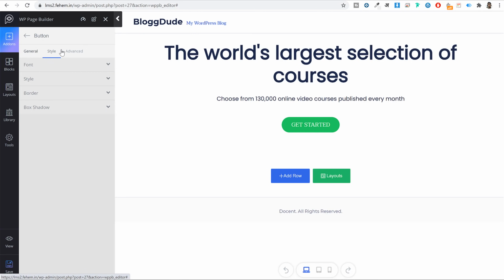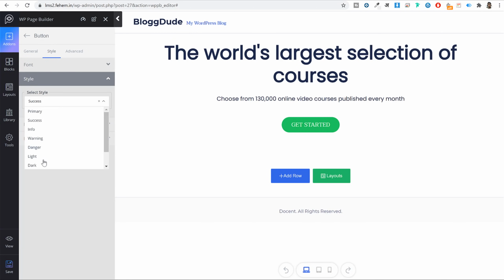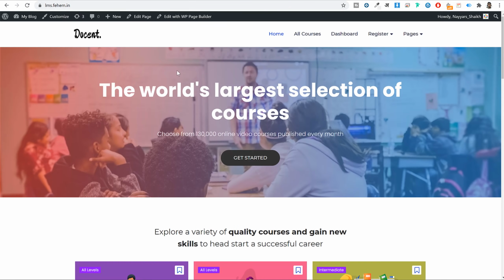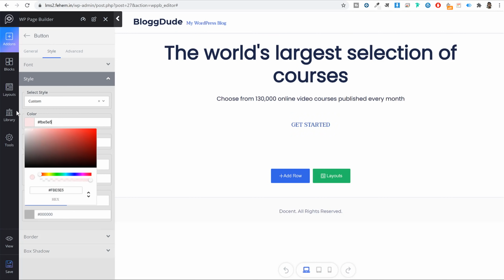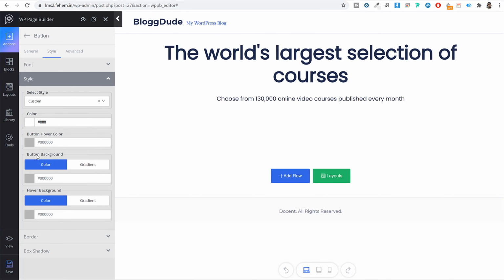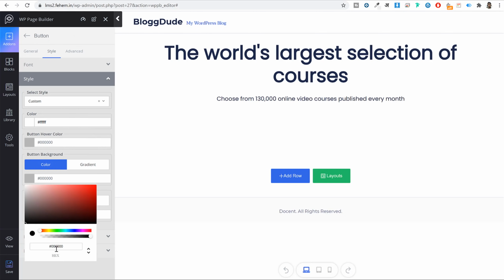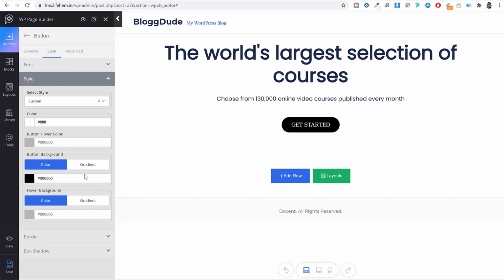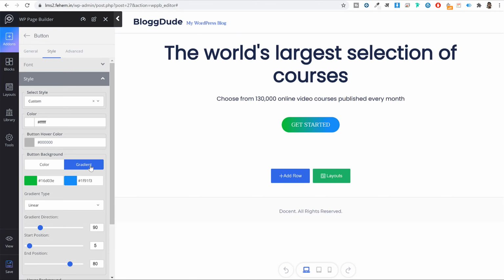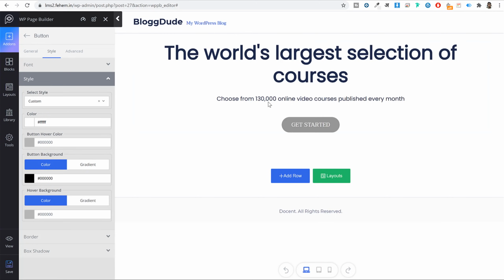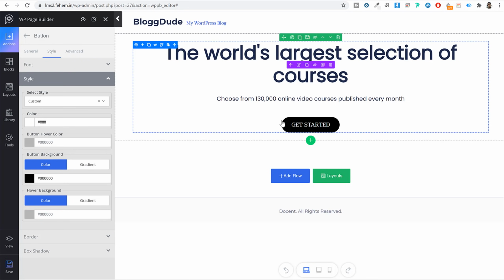Now let's change the style. So go to style. First, let's change the font. Now under style, I want to make it custom. For the color, you can see the color is white and the background color is this black color. So for color, select white, or if you want, you can just type in FFF, it will become white. Now for background color, as you can see, button background color, select this option and type in 000, it will become this black color. Obviously, if you want some other color, you can select. If you want, you can also select a gradient color. I'll show you how to use gradient after we create this section.